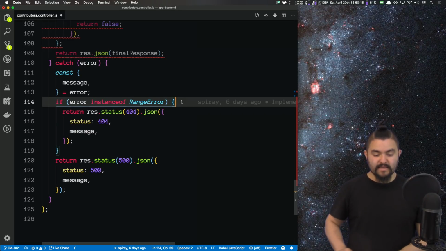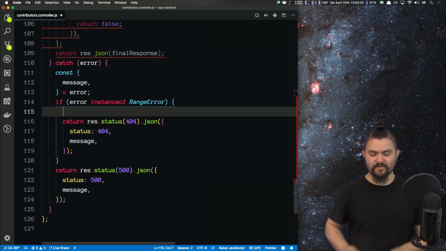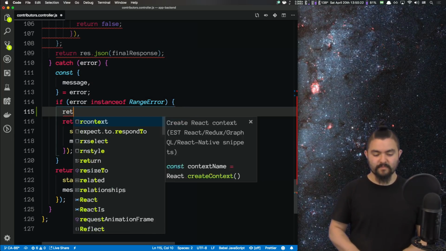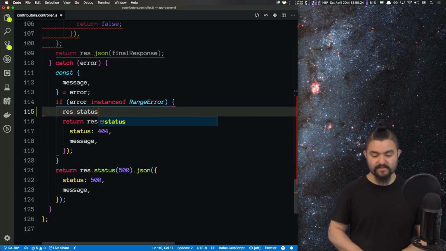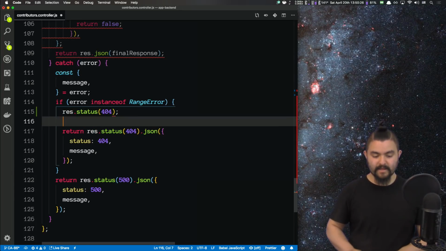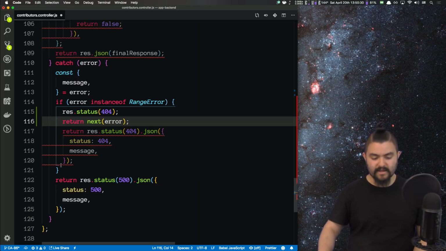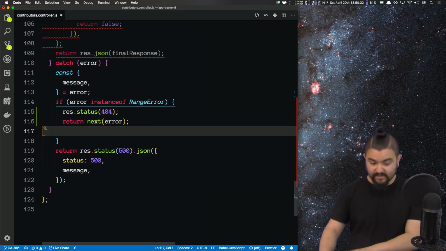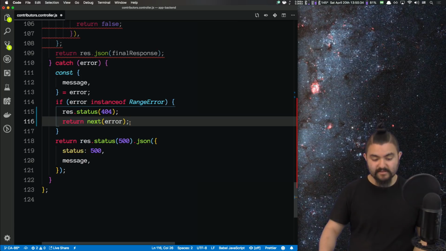So if the error is an instance of range error, meaning it wasn't found, we're going to set the status to 404, and then we'll just say next with the error, and we'll return that. And now instead of doing res.json, we'll just do that. And then similarly,